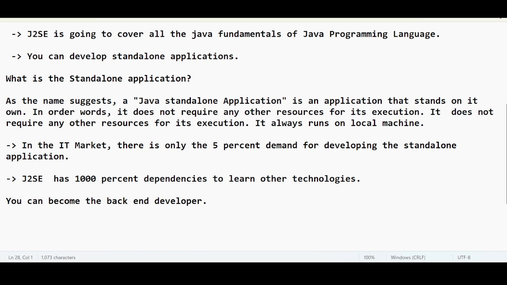Okay. I will come to this question again. Is it really difficult to learn Java? No, it is not at all difficult. Trust me, after 10 to 15 classes, you are going to find the coding part very, very interesting. I am going to present the coding part in such a way that it is understood by everyone.